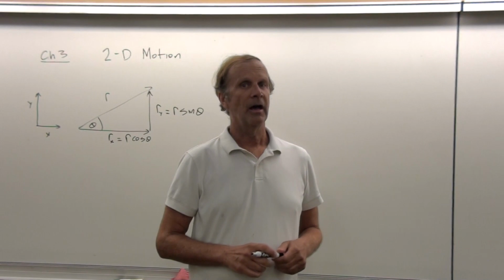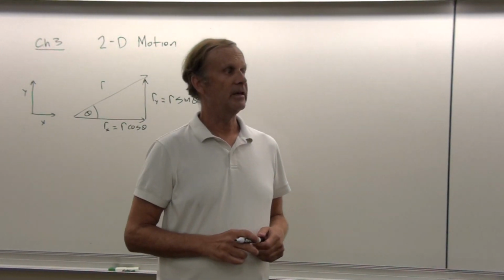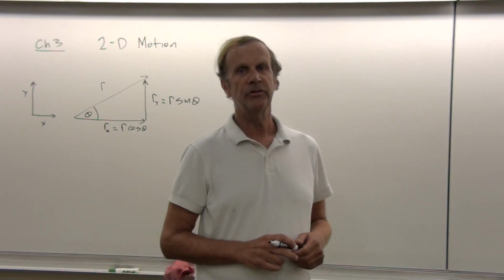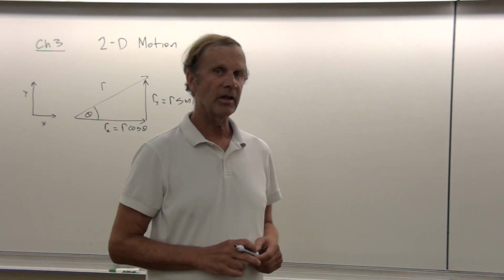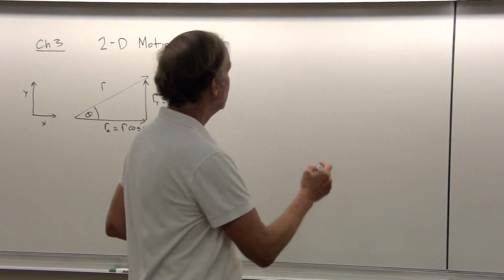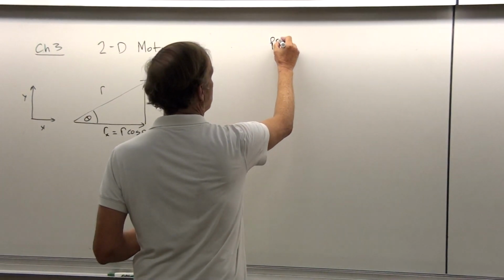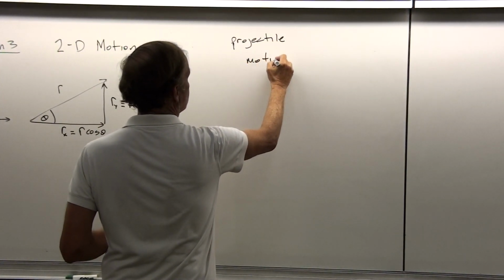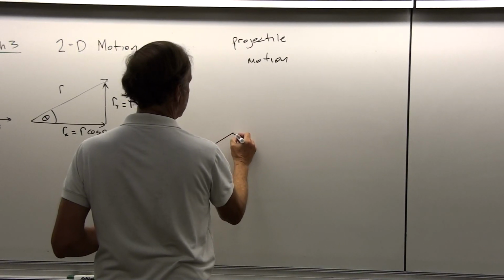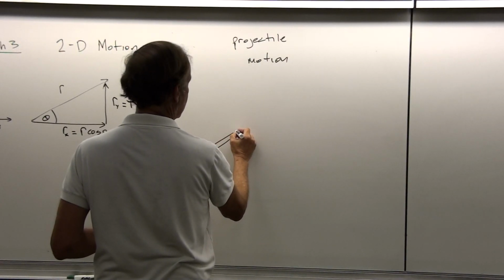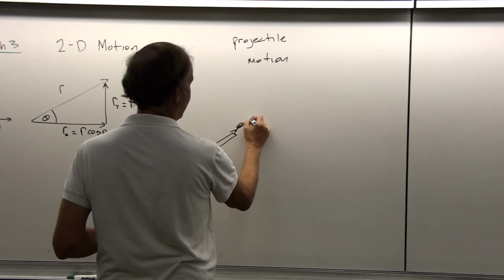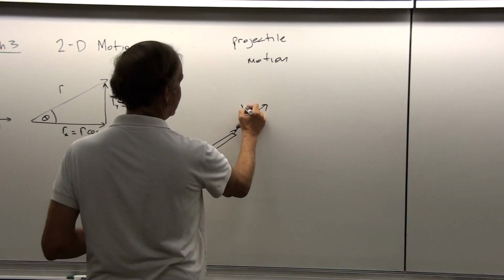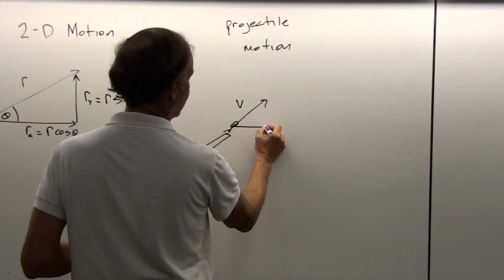Okay, and so one of the things that is, I think, most interesting to look at with 2-dimensional motion is a constant acceleration motion in the vertical direction, which we'll call projectile motion. Now in projectile motion, we normally fire some object off. It might be a cannonball, or in this case, it could be a clown being fired out of a cannon. If that's the case, then I hope he's getting paid enough for this.